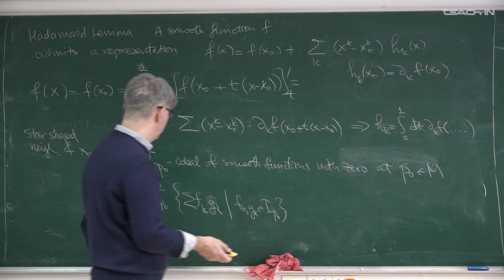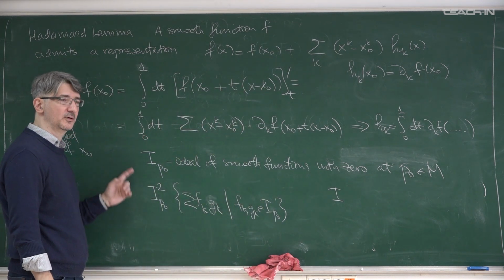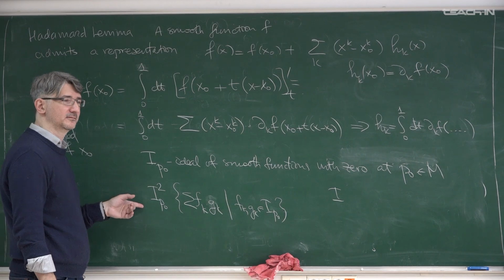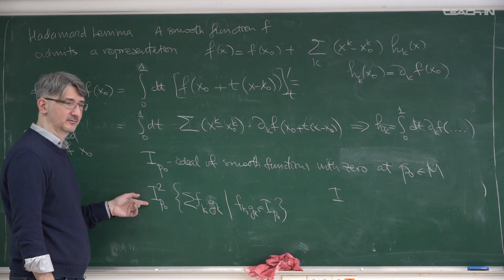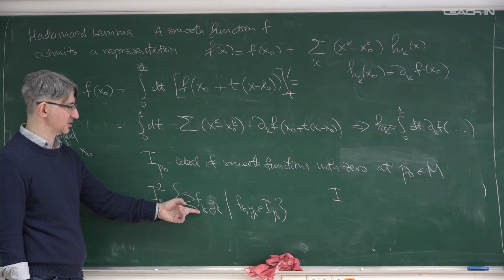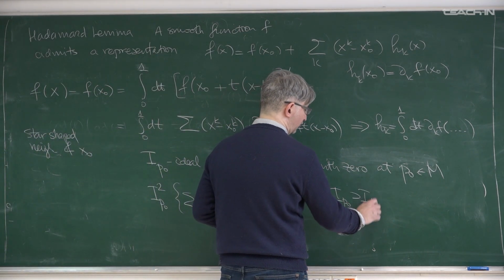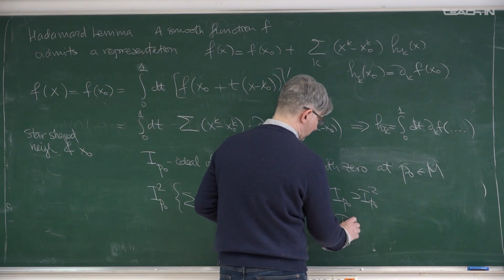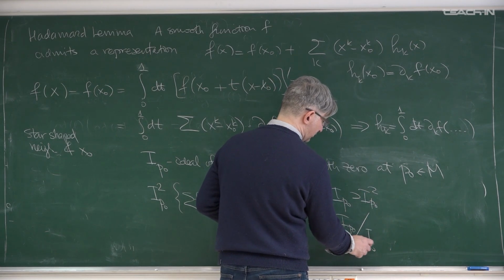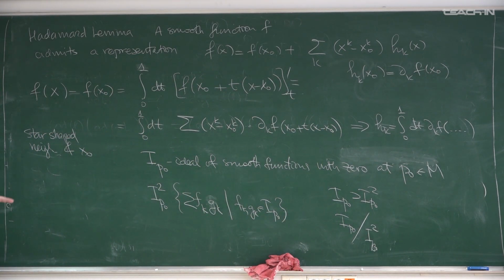The claim is that if you take a quotient, which space is bigger? This one is smaller, this one is bigger, because these functions obviously vanish at point P0. So it contains the square of this ideal, and you can take a quotient. So this is the final statement. Tell me, please, what can be said about this quotient? What does it consist of?